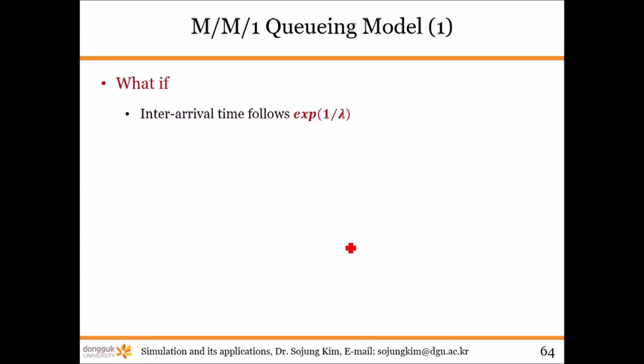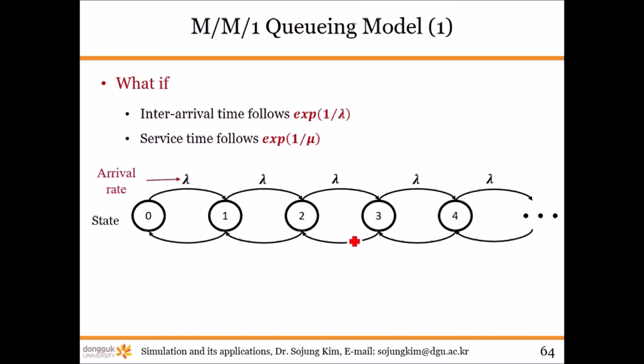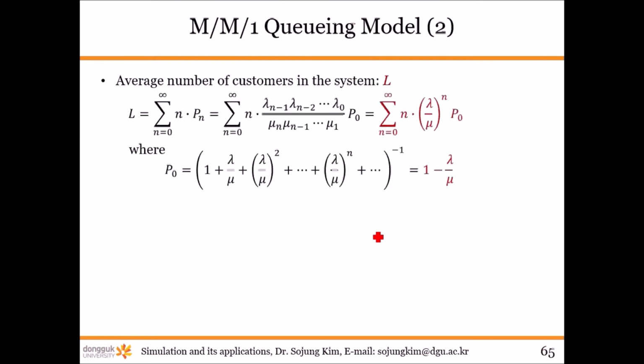So what if the interval time follows an exponential distribution, and the service time also follows an exponential distribution? Then your arrival rate will be like this. Very simple, right? So you don't have to worry about the individual arrival rate. Now we have lambda as the arrival rate of each state, and mu as the service rate for each state. So basically you can put lambda and mu into the existing function of L. That's how you calculate the L value, and eventually if you use this equation, you can get this,